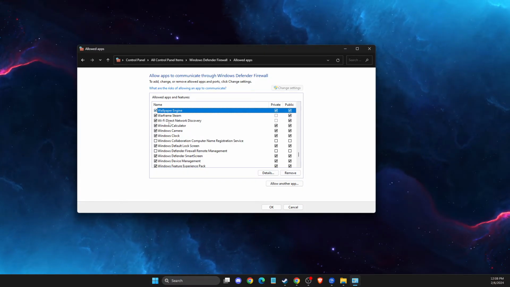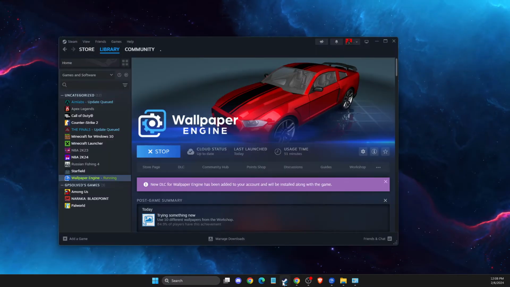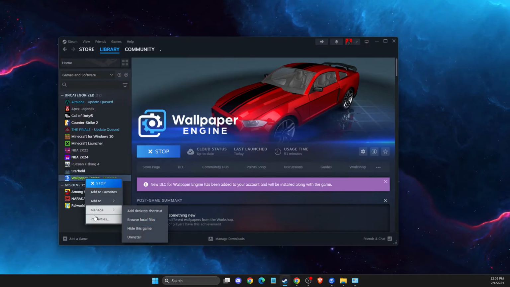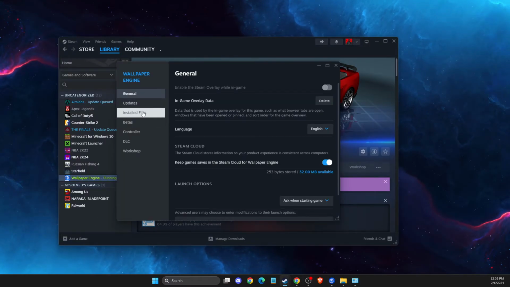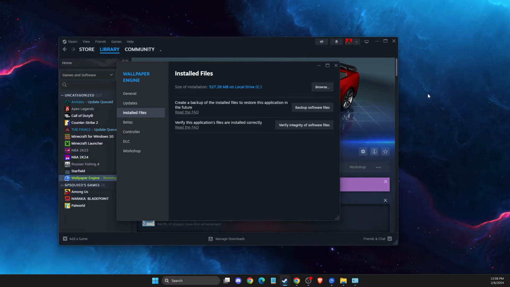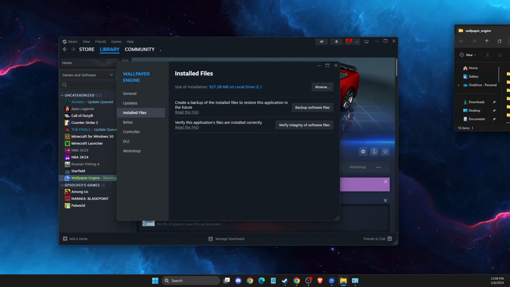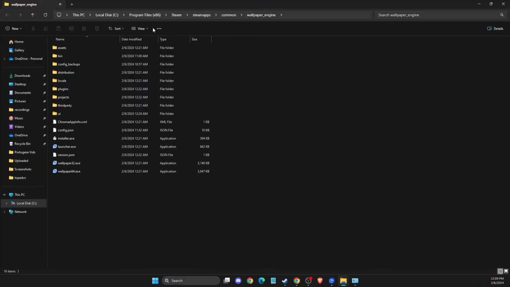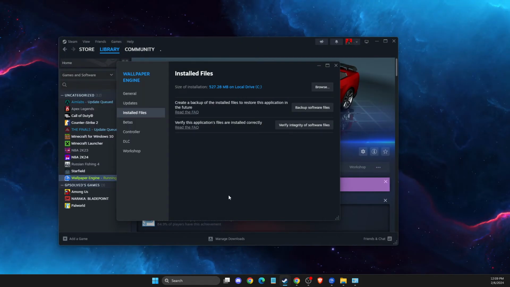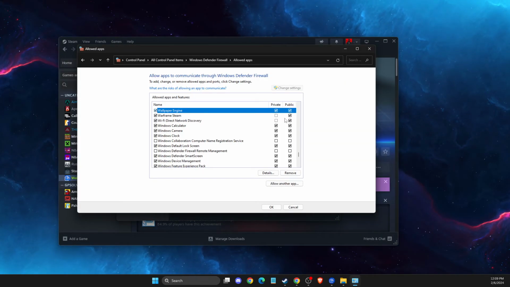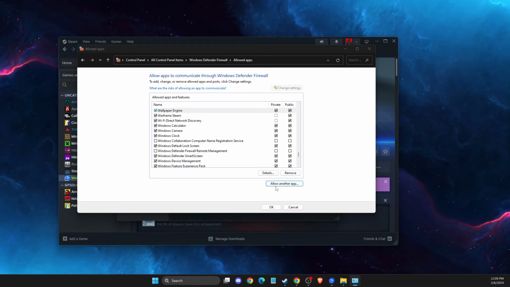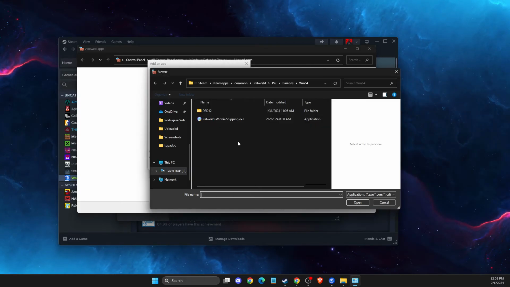And if you don't see Wallpaper Engine on this list, you need to go to your Steam Wallpaper Engine properties, and then you need to look for Installed Files, Browse, and then look for the path. So for me, as you can see here, it is on disk C, Program Files x86, steamapps, common, and Wallpaper Engine. So go back to Windows Defender Firewall, Allow another app, then Browse, then